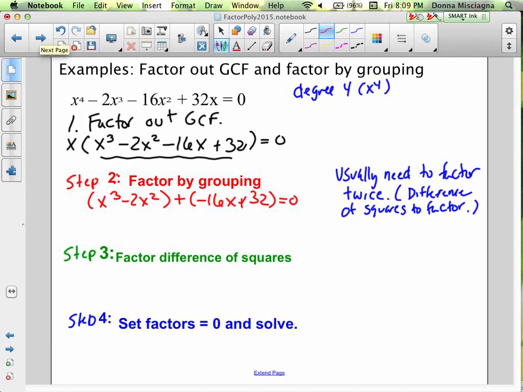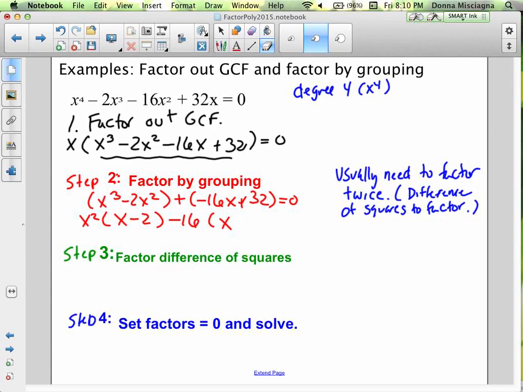All right, so our greatest common factor for x cubed and negative 2x squared would be an x squared. We'll divide both of those by x squared. We have x minus 2. Greatest common factor for negative 16x and positive 32, well, that would be negative 16. Negative 16x divided by negative 16 is x. 32 divided by negative 16 is a negative 2. I was thinking negative 2. There we go. We'll factor out our repeating x minus 2, and we're left with the two terms that they're